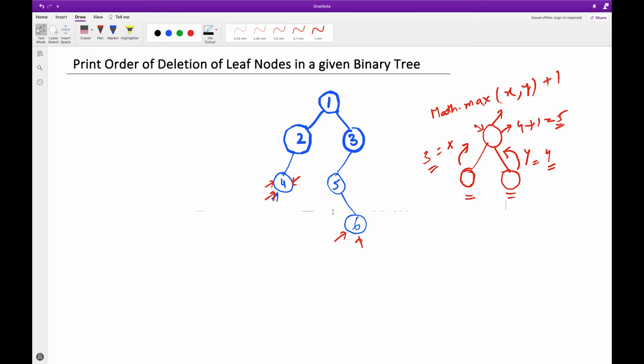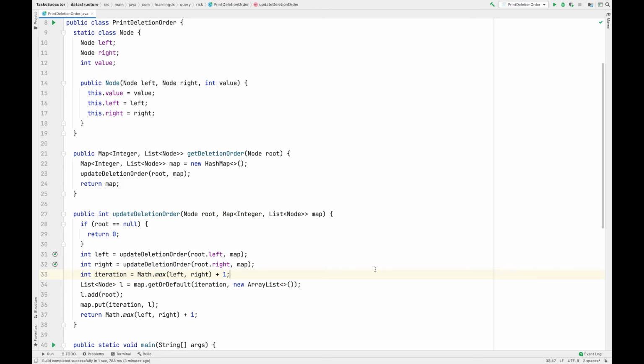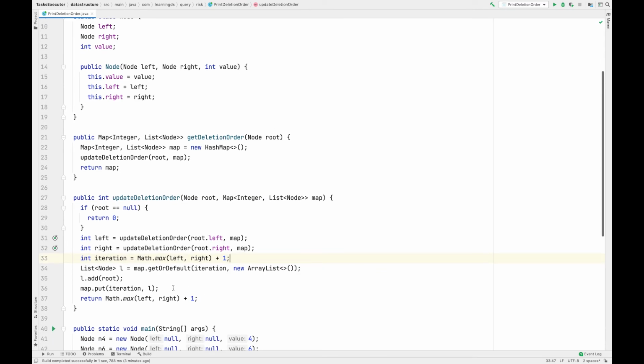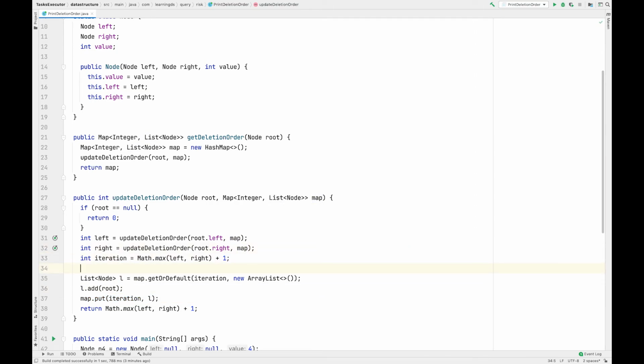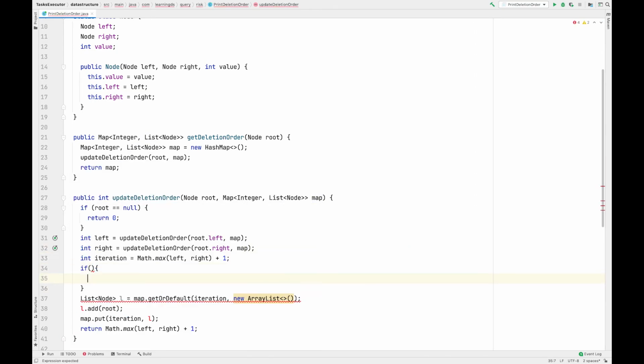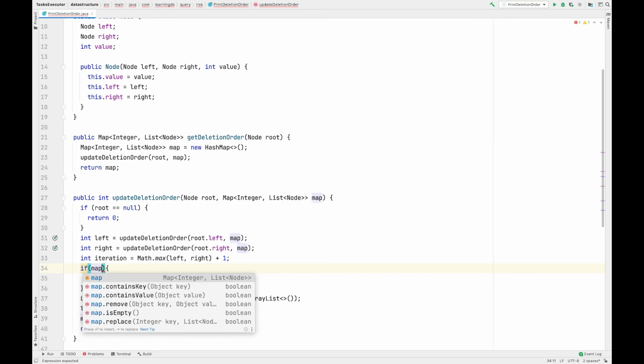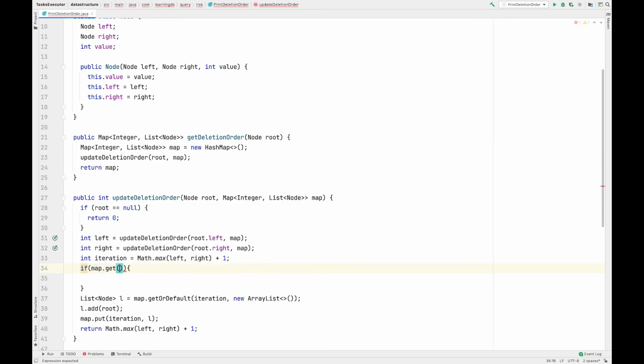Improvement that you can do in this code is, rather than putting this every time, you can add a check here first. Like, you can say if map dot get iteration equal null.